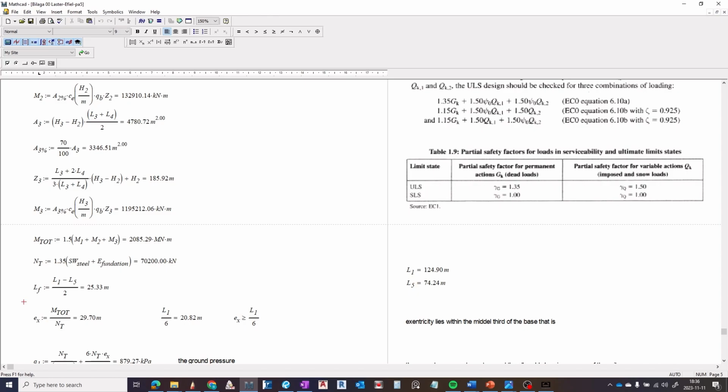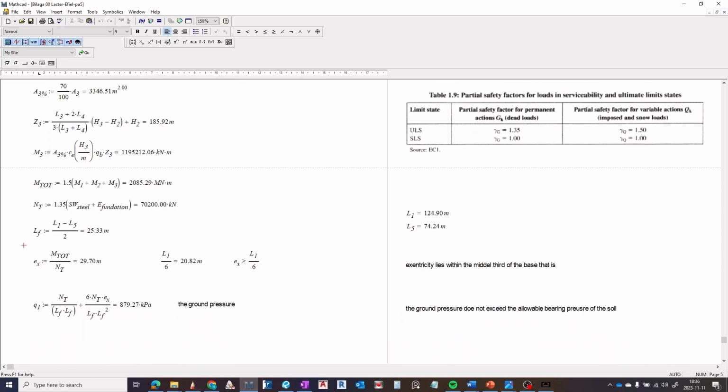You have in the case that you have 2 legs, you must divide by 2, and you get an eccentricity when you divide the total moment by the vertical load of 29.70 meters,